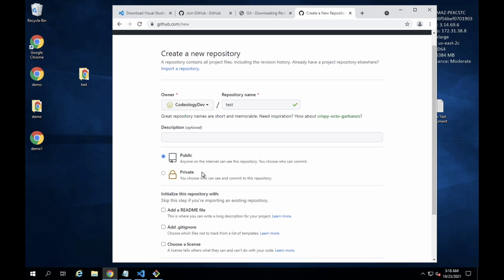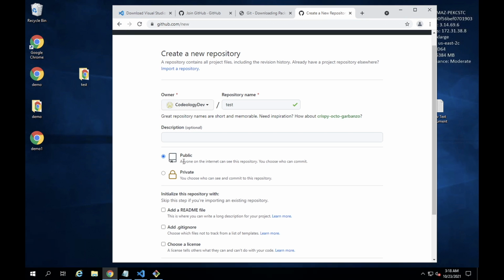Okay, you can add users as collaborators. After that I will show you how to do that also, not in this video, in future videos.